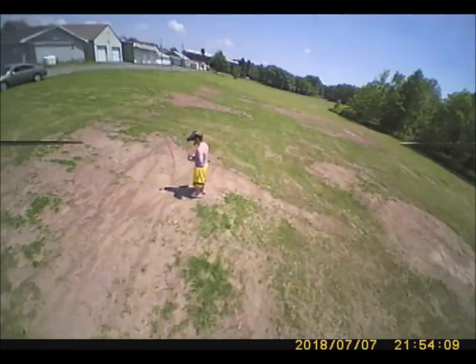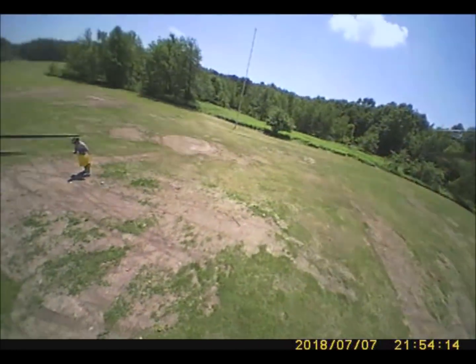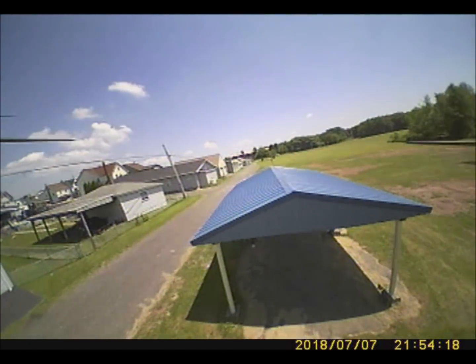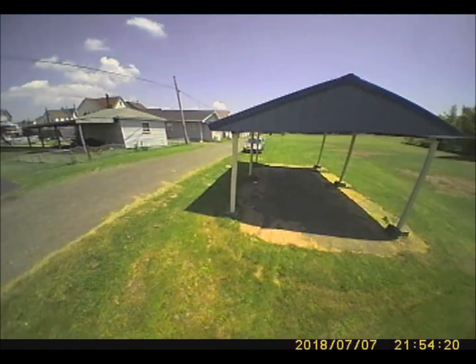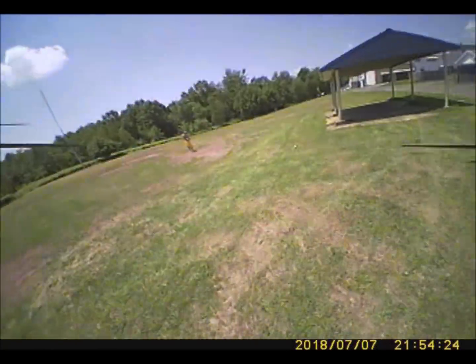I was dealing with a little bit of wind. You'll probably be able to tell which way it's blowing. Sometimes I'm moving a little bit slower, sometimes a lot faster. When I'm moving a lot faster, that's kind of the wind tailing behind me. But kind of start off slow here, and then after I crash this first set here, I end up standing